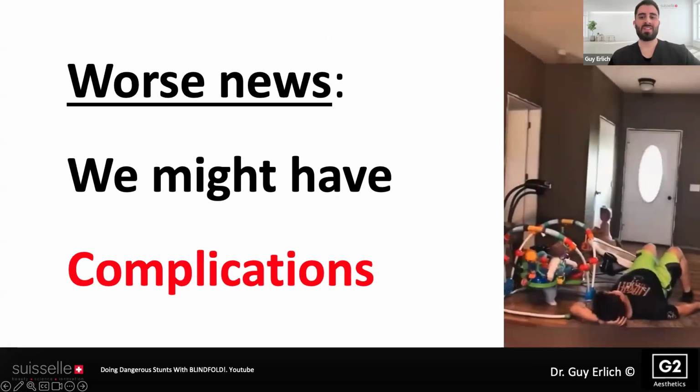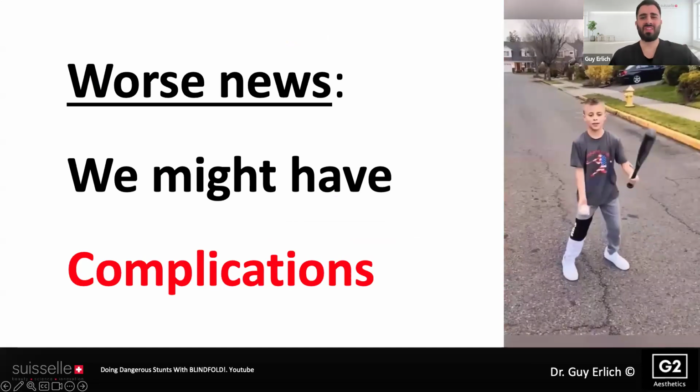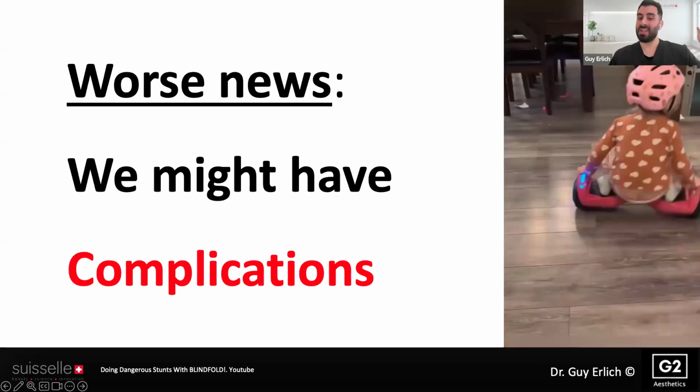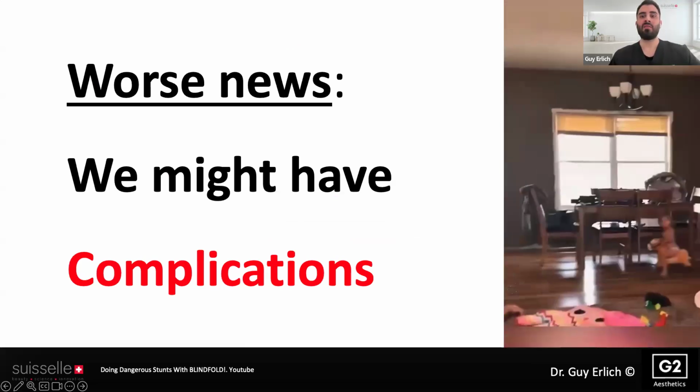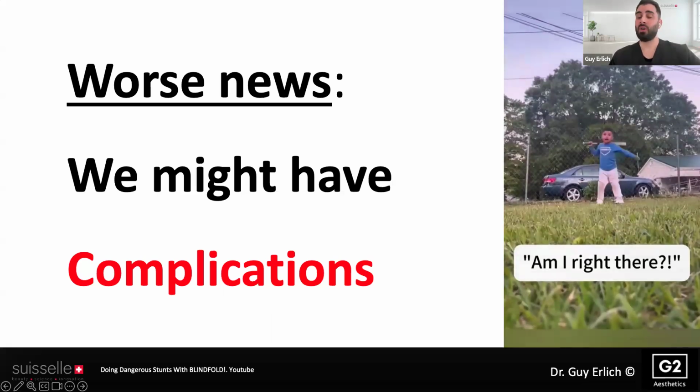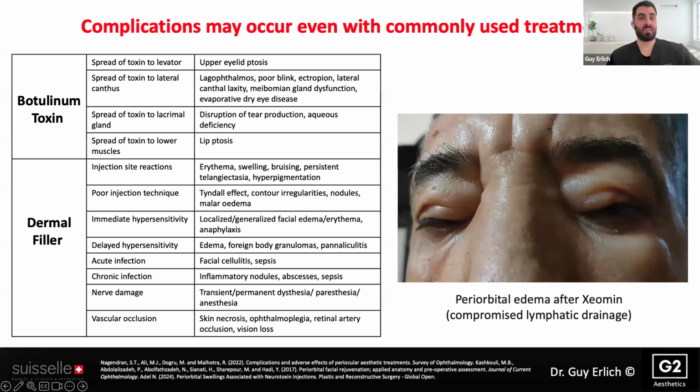We know that the periorbital region is so delicate, not only because of the thin skin, but because the amount of layers is variable. The pathogenesis sometimes includes lymphatic and vascular drainage, and this is why we have so many complications. We have complications even with common treatments like botulinum toxin. We can have spreading of the botulinum toxin into the levator palpebrae muscle, causing eyelid ptosis, but we can also have spreading to the lateral canthus and cause lagophthalmos, or spread to the lacrimal gland and create